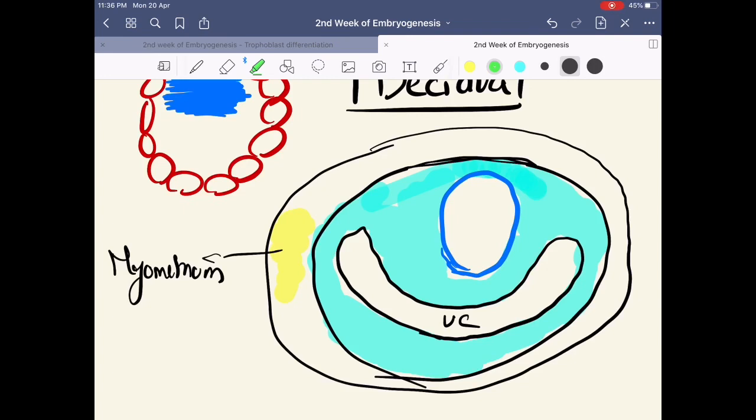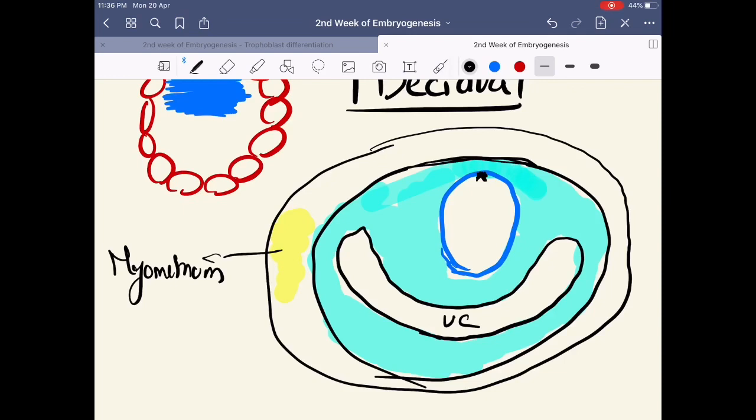Now in the last video you must know that there is this point here that I'm marking right here. What is that portion? That is the portion where in future the placenta will be formed. That is, in the last video, as we mentioned, there is a connecting stalk that is going to connect our group of inner cell mass cells to the mother. There is a connecting stalk.